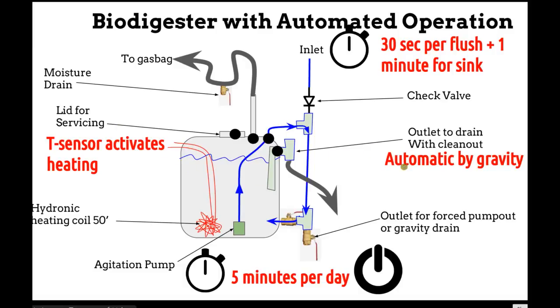But then here, you're filling it in an automated fashion from the sink and toilet, and the overflow is simply by gravity. So that goes into our effluent system, into our drain field, automatically. So the three different functions here that are controlled, one is happening at the sink and toilet, and the other, and we can perhaps use